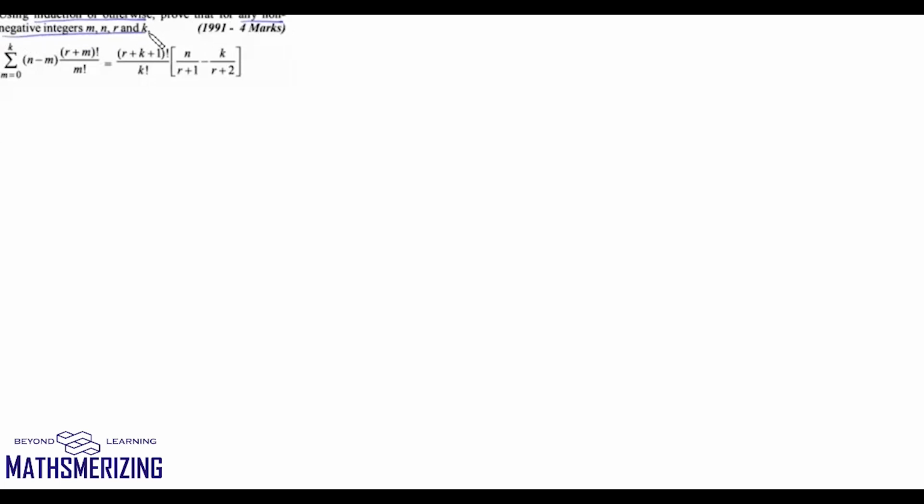Now another question is, using induction or otherwise, prove that for any non-negative integers m, n, r and k, the summation from m equals 0 to k of (n minus m) times (r plus m) factorial upon m factorial is equal to (r plus k plus 1) factorial upon factorial k, times (n upon r plus 1 minus k upon r plus 2). So what we'll do is, we'll let